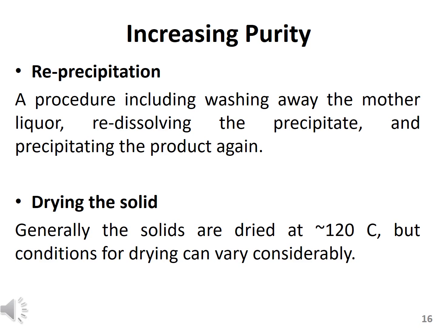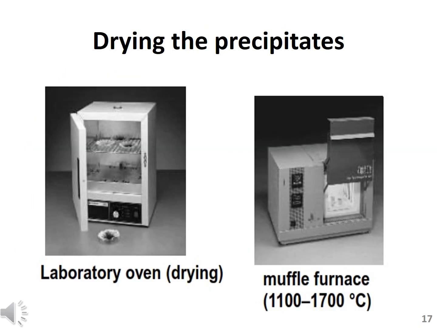You can choose a temperature of about 65 for half an hour, or you can increase the temperature. It all depends upon the protocol that you are following for the gravimetric analysis. In order to dry the product of the gravimetric analysis, which is known as precipitates, these precipitates may contain some water molecules in their structure. So if you want to remove these water molecules, you will have to process these precipitates by using some laboratory equipment or instruments.